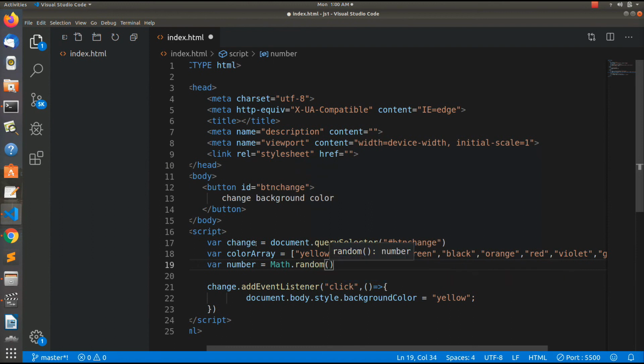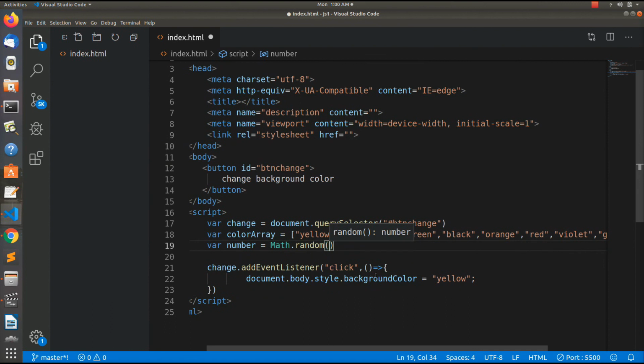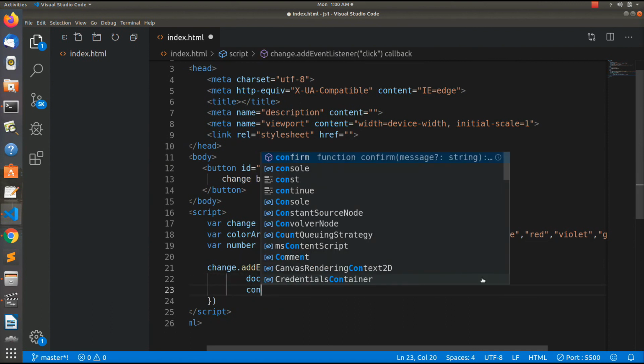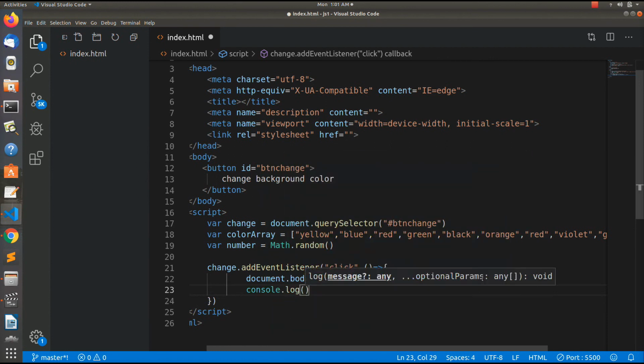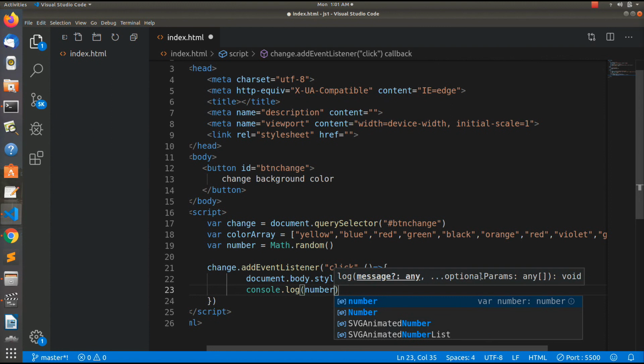What it would do is give me a number between 0 and 1, including 0 and excluding 1. So first of all let's see if this number appears here. We'll simply write a printing statement as we wrote earlier, which is console.log, and display the number.